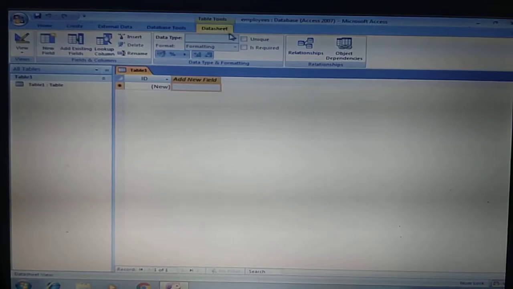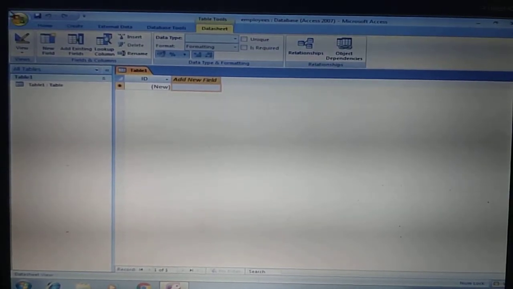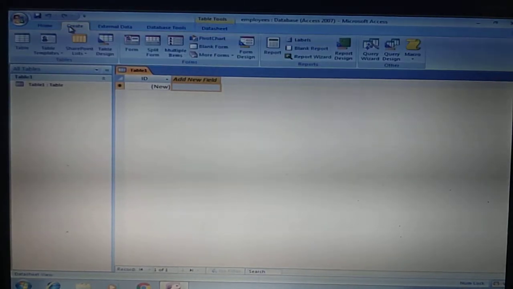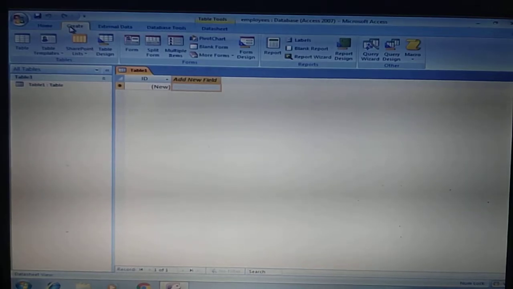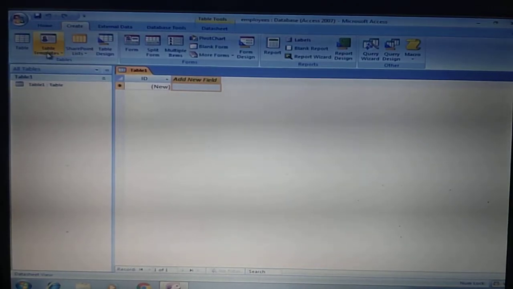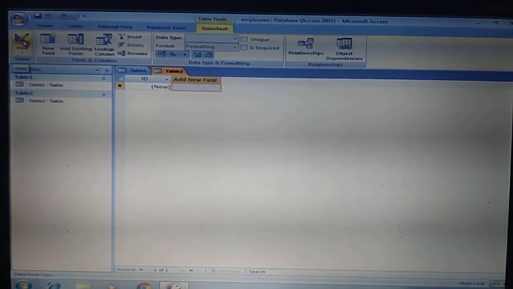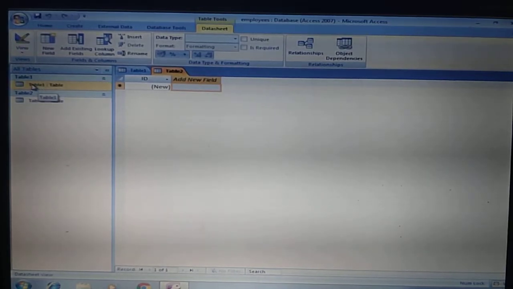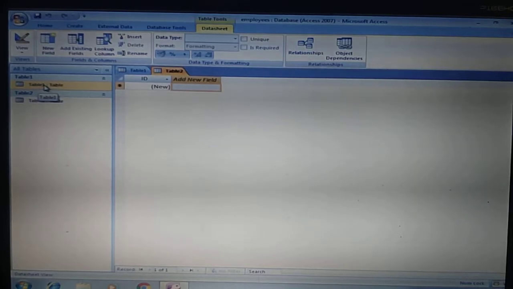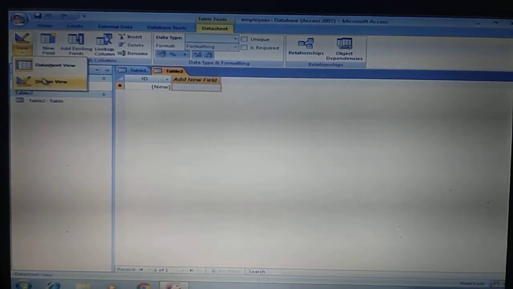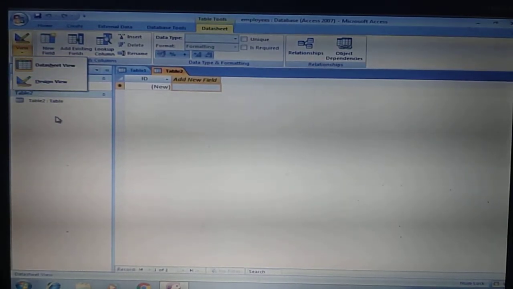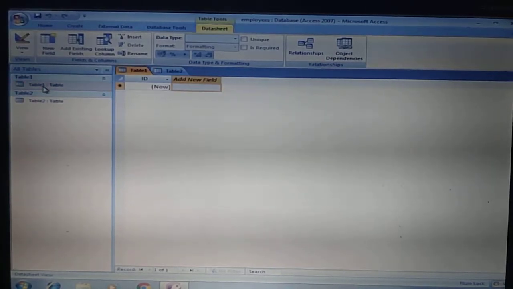So in the given database named employees, I want to create a table. I'll click on the Create tab, and then click on the Table option. In the table, one is created by default, and I want to use this table. So first of all I'll click on